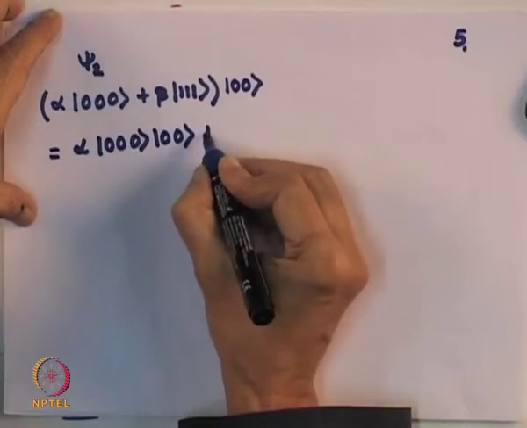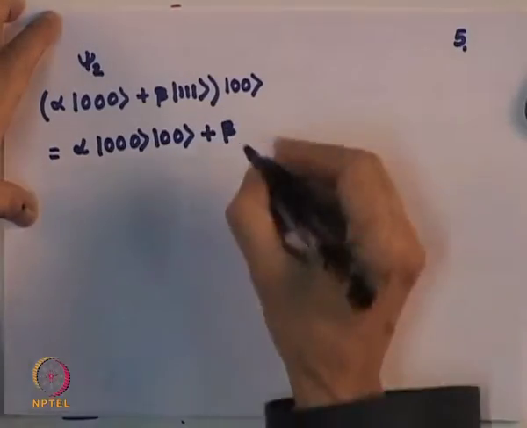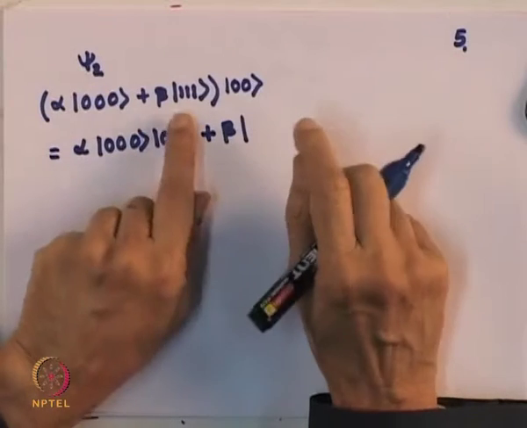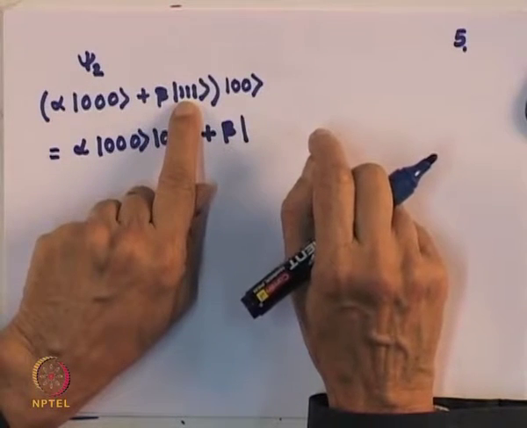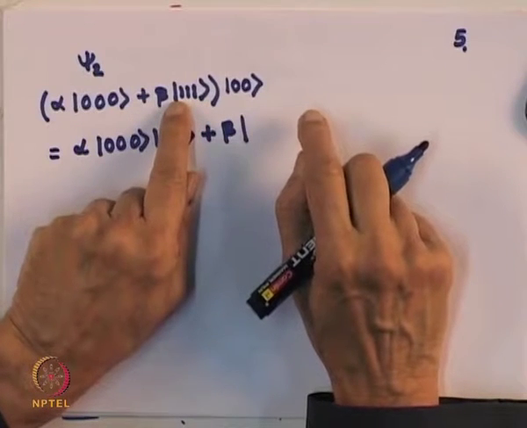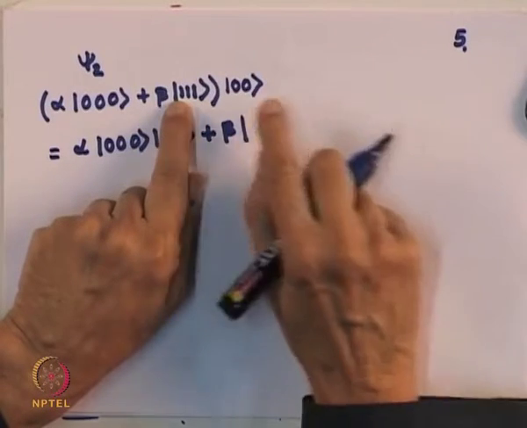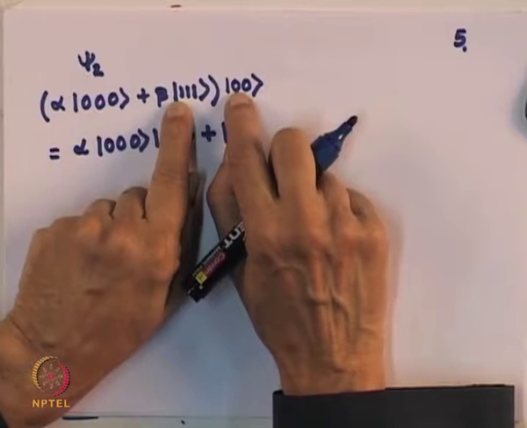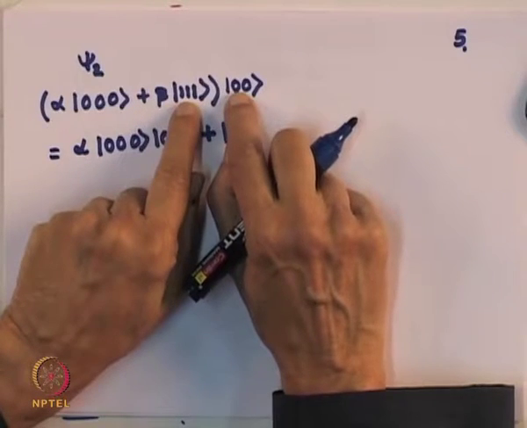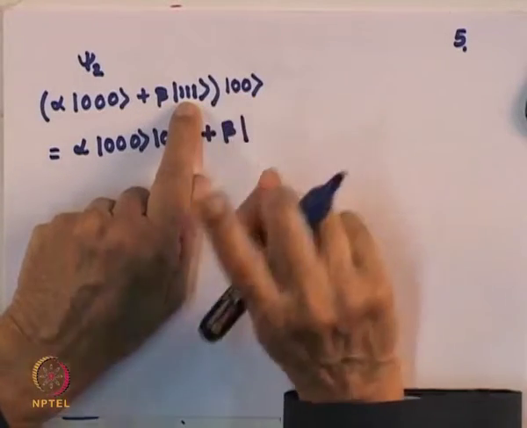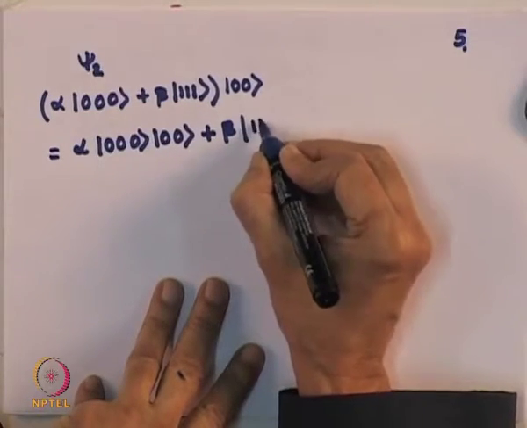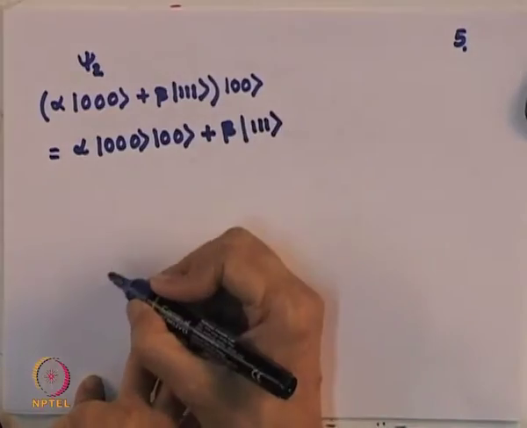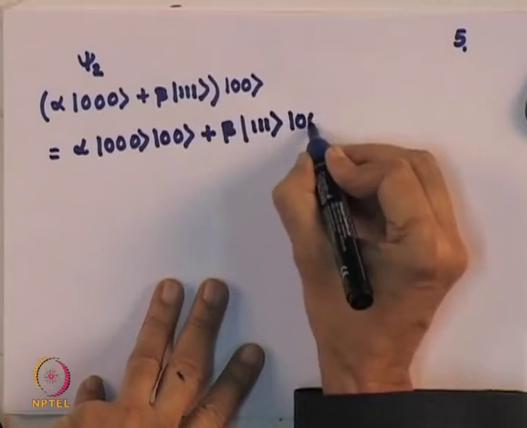But let us look at what happens to the second term. Now remember the first and the second qubits are the controls, so far as the first ancilla qubit is concerned. Because this control bit is 1, it will flip this 0 to 1. But the second control bit, which is also 1, will flip it back to 0. So therefore what I will get is beta 1 1 1, which is the control which is always left alone, times 0 0.